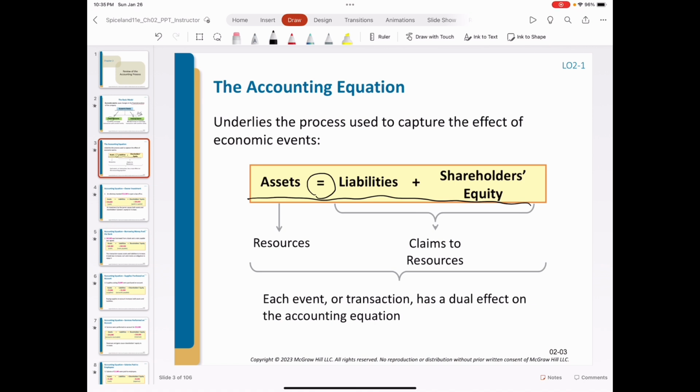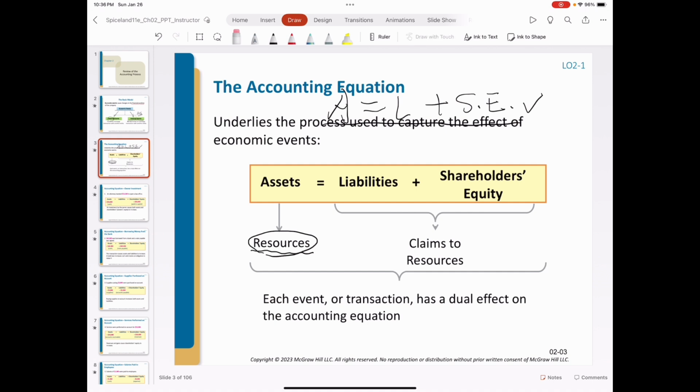The balance sheet is prepared based on the accounting equation. The accounting equation is a mathematical equation: total assets equals liabilities plus stockholders' equity. In this class, I use A to represent assets, L to represent liabilities, and SE to represent stockholders' equity. And we use this a lot for our transaction analysis. On the left side of this equation, assets represent different types of economic resources, for example, cash, receivables, inventory, short-term investments.